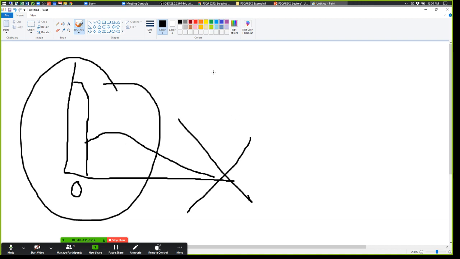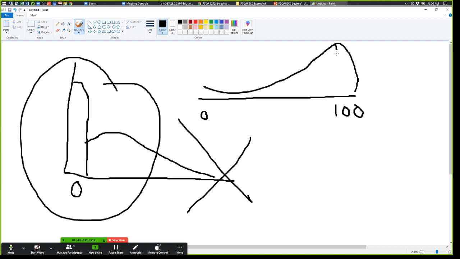If you have floor or ceiling effects, like if I drew the distribution for what I hope this class's grades look like at the end of the semester, I want it to look something like this, or even better, just one big pile right there. Skewed the other way. Most of the information is to the right side. Incidentally, the name for skewness is backwards for how you would think about it. The name for it is the direction that's not where the information is. It's where the tail is. So this is negatively skewed, N for negative, and this one is positively skewed. It's backwards from how one would typically think about it.